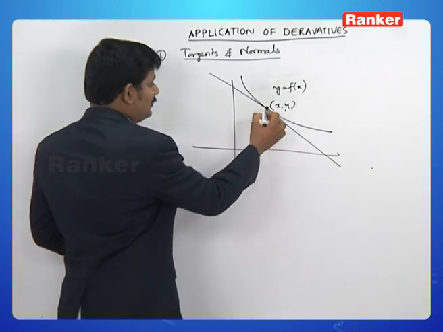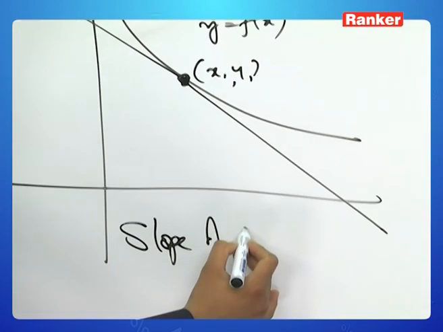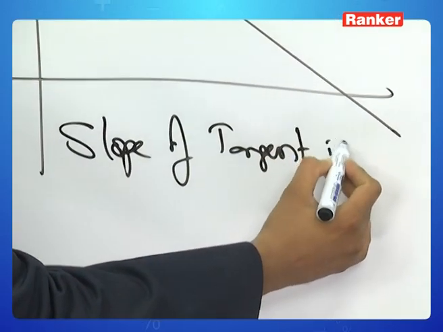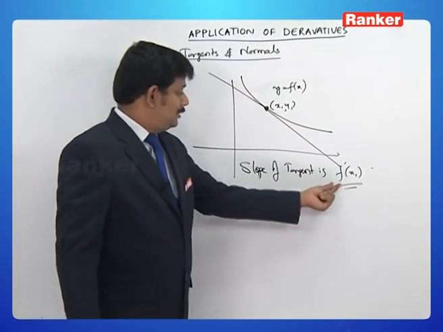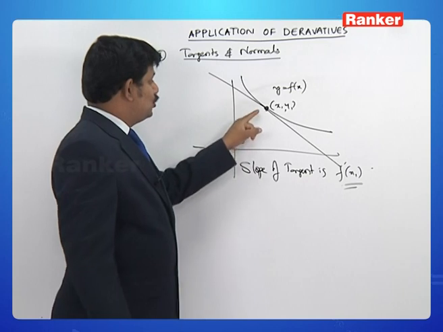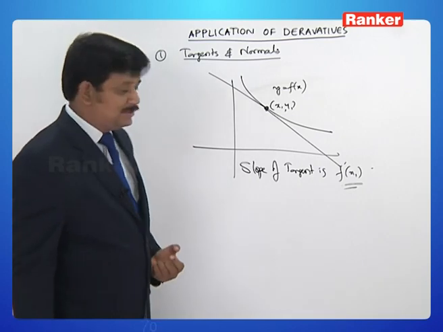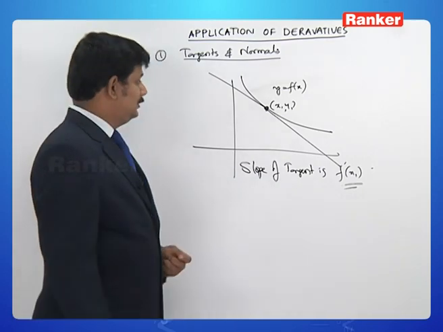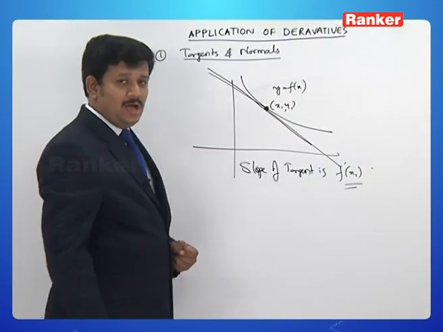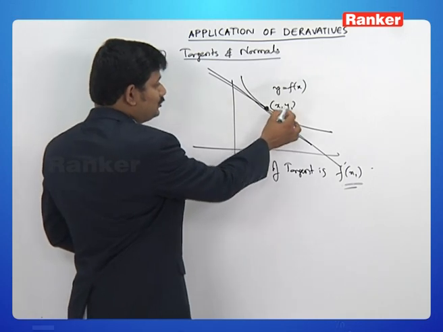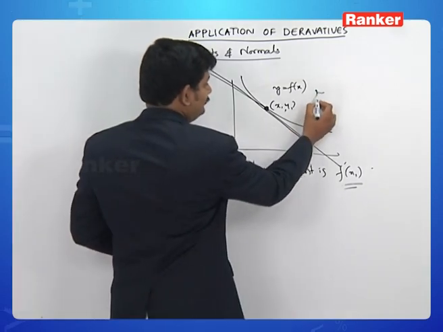Now, in the previous discussion we have learned that the slope of the tangent is given by f dash of x1 for any differentiable curve for which f dash x exists. Slope of the tangent at any point x1 comma y1 is given by f dash of x1, that is dy by dx at the point x1 comma y1. So, slope of the tangent line is known, and also the tangent line passes through the point x1 comma y1. So, we can write equation of the tangent